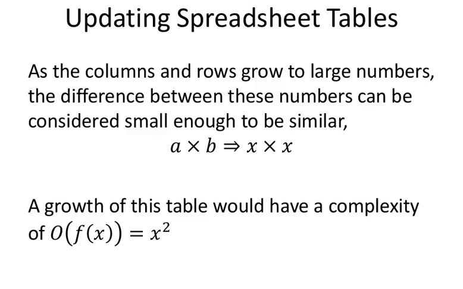We assume that the size of the table would be square shaped, and that would be x times x, which is x squared number of cells to be recalculated. To go through there and recalculate those in this square arrangement would take x squared amount of time. So the function that determines the calculation time of recalculating this table is x squared,